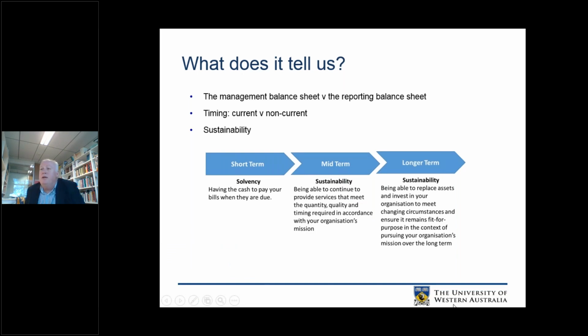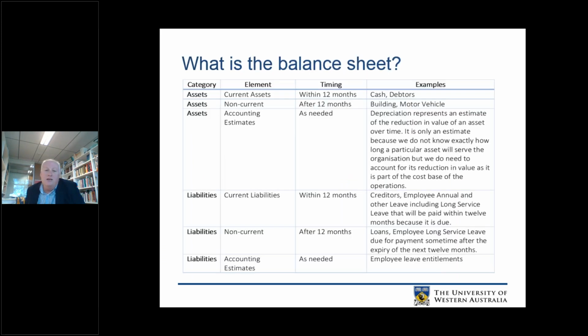Okay, so in terms of what the balance sheet tells us, there's, I guess, an additional element that's really important here. And again, these kinds of categories of assets and liabilities might be things that people are already well aware of, but it's worth just running through to make sure that we're all on the same page. Essentially, as I mentioned previously, the balance sheet is generally described as the snapshot of the net wealth of an organisation at a particular point in time. And to understand that, we talk about assets and liabilities, current and non-current, but we also talk about accounting estimates. And these are important issues that I'll talk about much more deeply shortly.